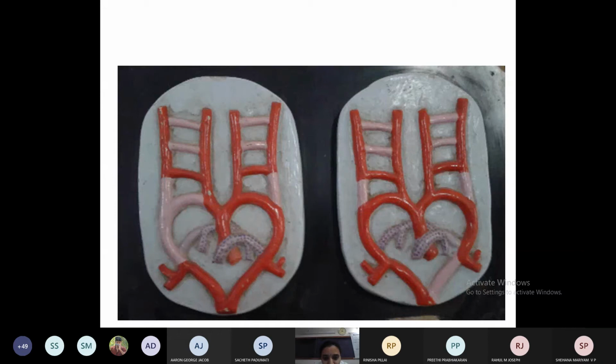If you are attentive, you can answer. Anyone? This is abnormal origin of the right subclavian artery. Here the right fourth aortic arch and the dorsal aorta below the third aortic arch have disintegrated. So the right subclavian artery is going to originate from the dorsal aorta like this. This will compress over the esophagus and may cause dysphagia.